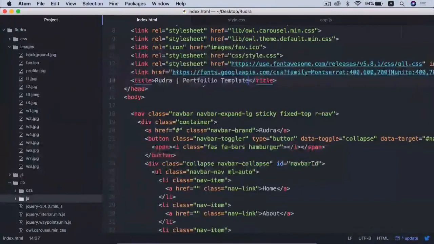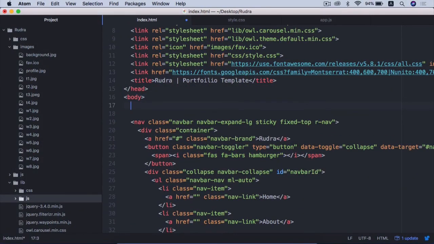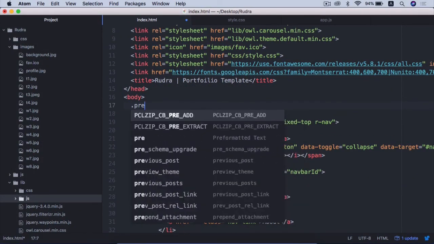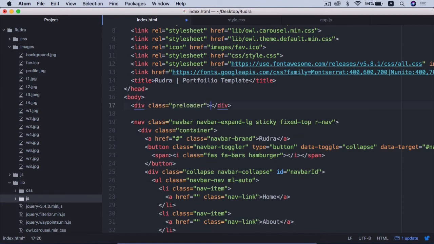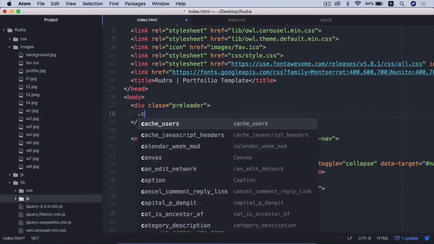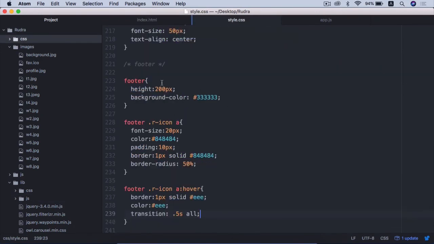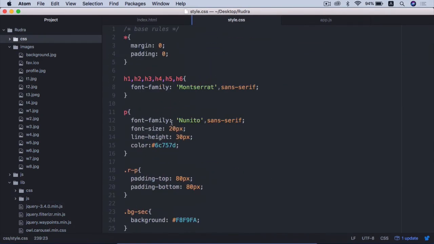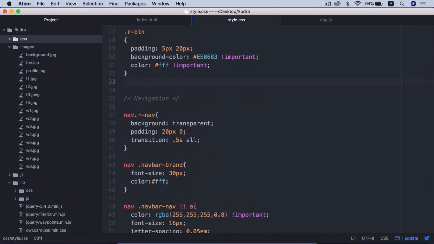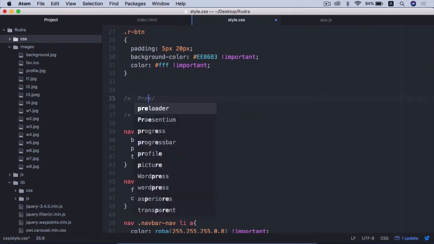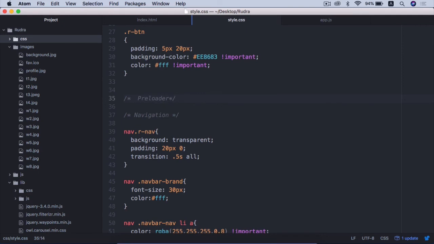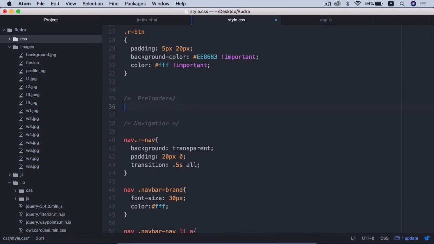So for this, right after the body tag, I'm going to create a div with class preloader, and inside this I'll create a div with class circle. Let's save this and go to style.css, and I'm going to write the style for the preloader in the top section here. I'll begin a comment, preloader. Now preloader is a div, and I'm going to use two pseudo elements, before and after, to create that transition effect. So preloader